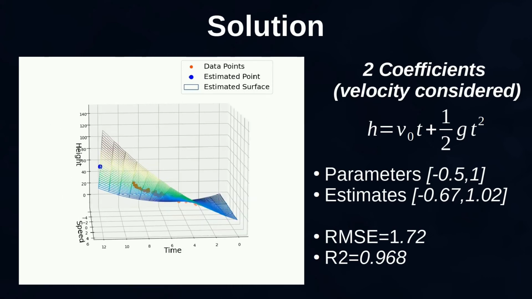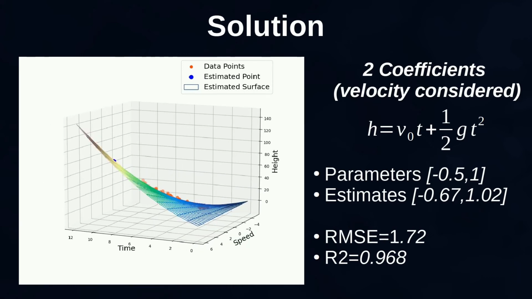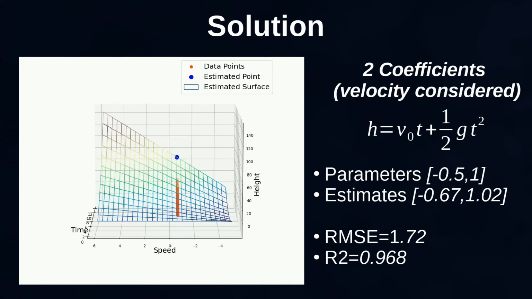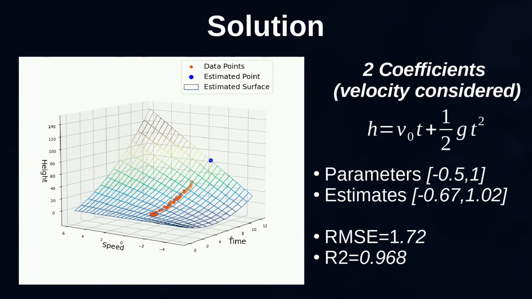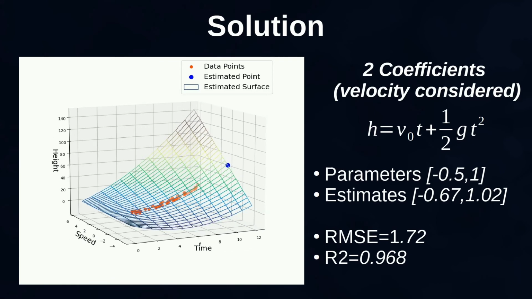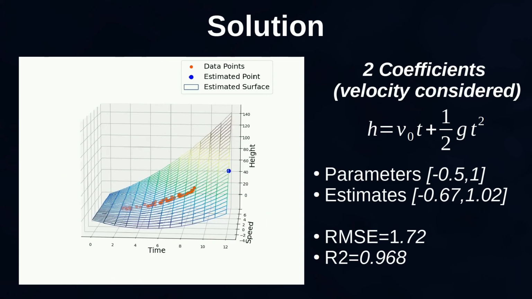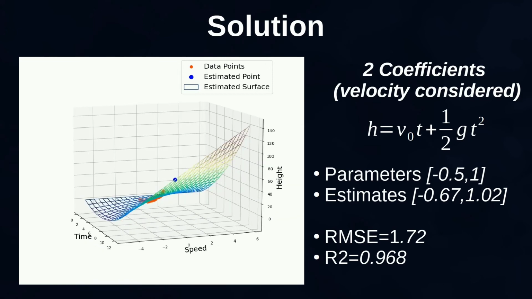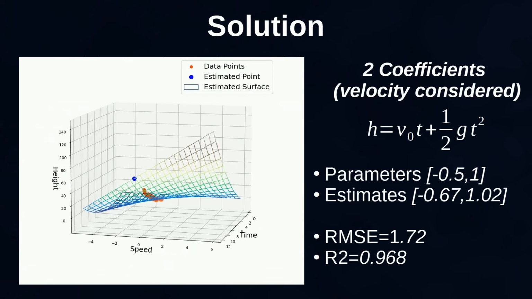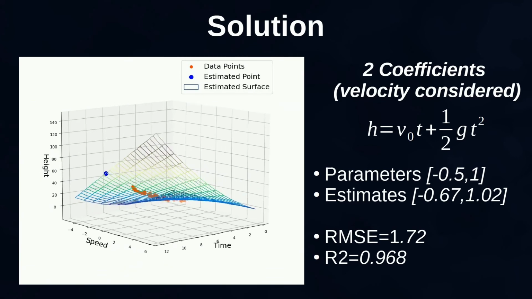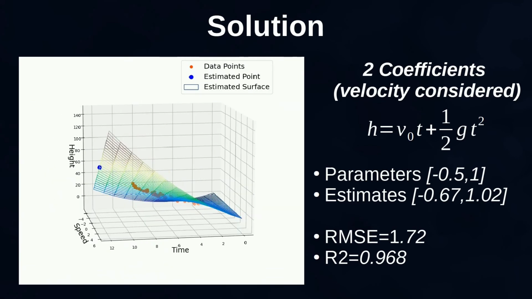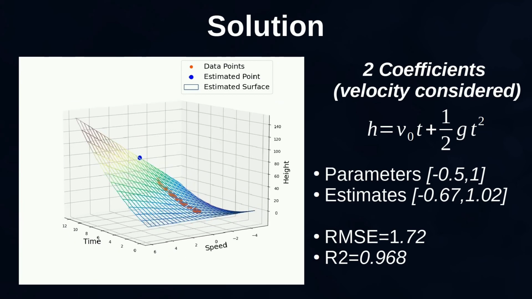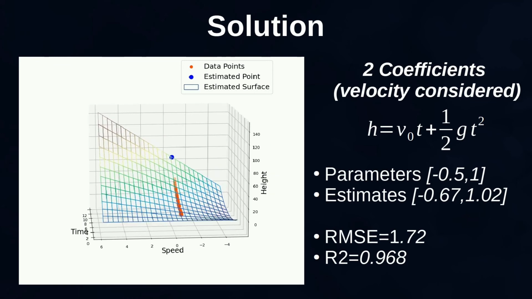We can modify the freefall formula by adding the term related to speed, which is simply multiplied by time, and not by the time squared, like the gravity. So now we have two coefficients, like beta 1 and beta 2, but no intercept beta 0. Note that the value assigned to the initial speed is minus 0.5, and it is negative because the device is going upward, and it is opposite to the gravity, which moves the device downward, and we are considering positive.